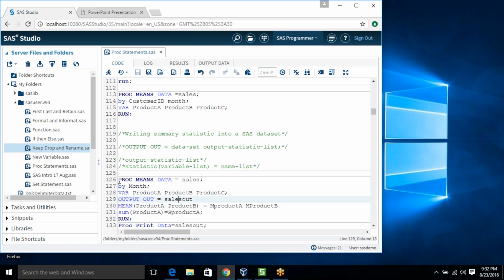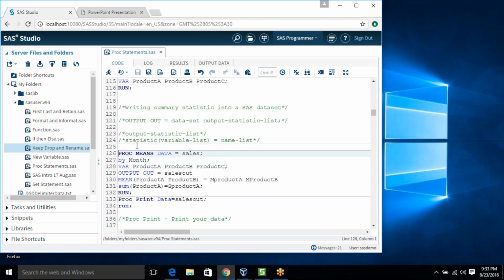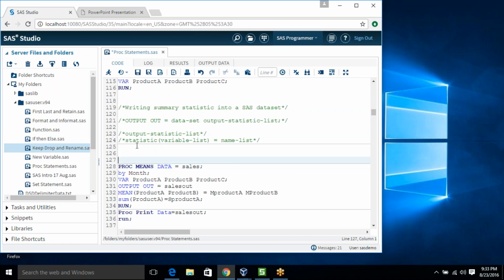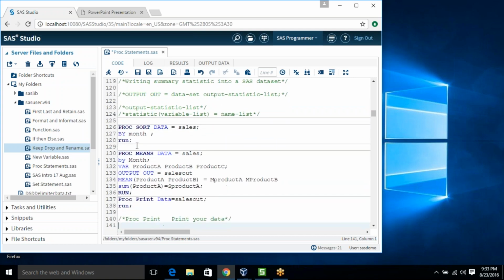So here you can see that I am using the same stuff. PROC MEANS DATA=sales. Everyone knows.